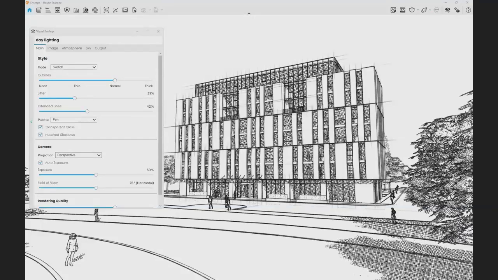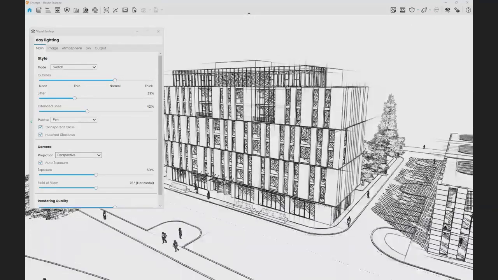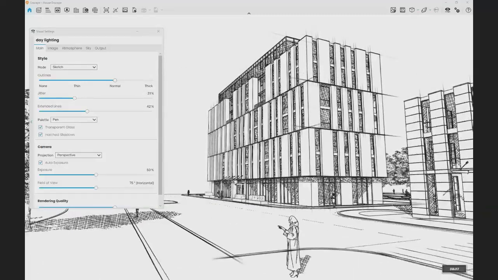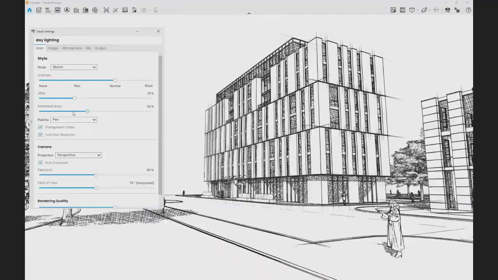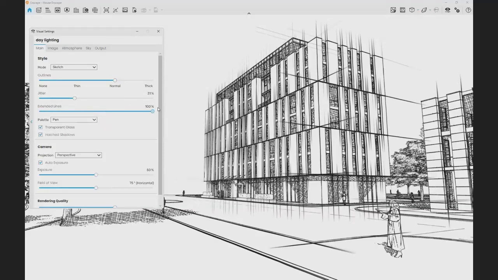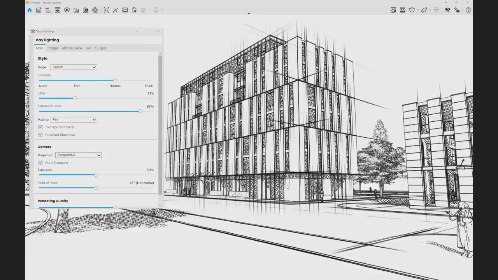Another thing that I really like is the option to extend the lines, which is very typical for a lot of the architectural images. In those cases, we can significantly enhance them, and this will make them a lot more architectural drawings. I still remember in the past when we were making the architectural drawings by hand, we were very often exaggerating this one just to, let's say, show and emphasize the perspective in the image. So now we can do that really easy.